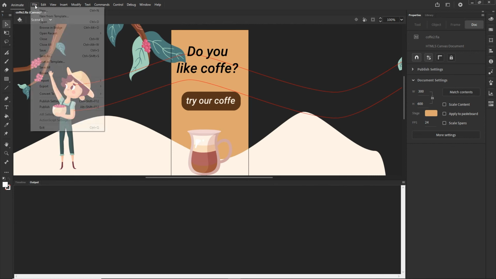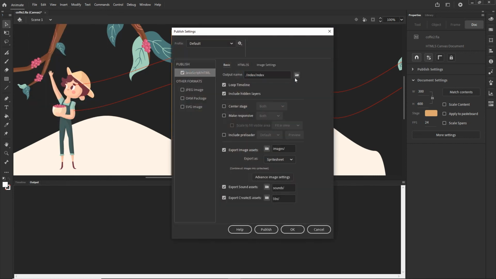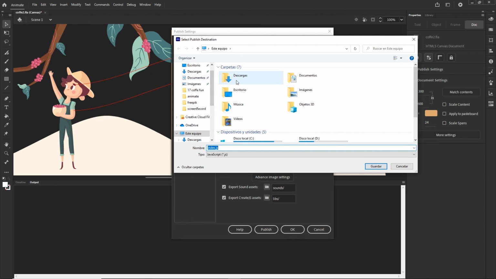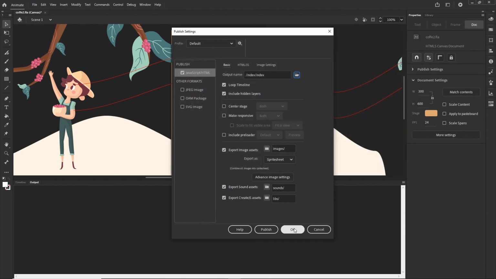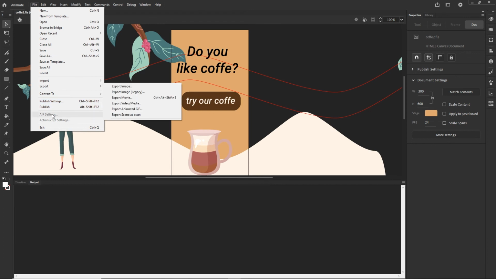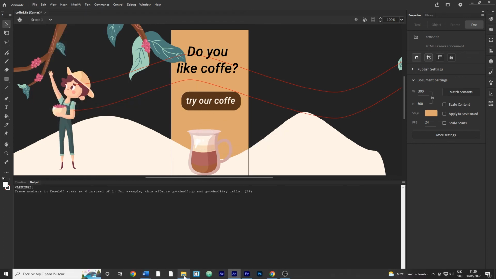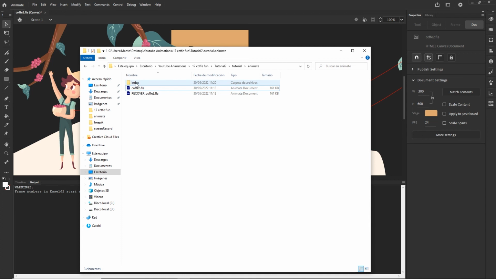But I will have to one more time go in here and choose the location where I want to save this. Right now I am in the animate folder, and one more time I'm going to create the new folder, which is going to be index, and I will go inside and call this index, and I'm going to hit save, OK, file, and publish, and I will see how this looks. So I'm going to have this index in here, and I will go inside, and right now we are not going to have the images,